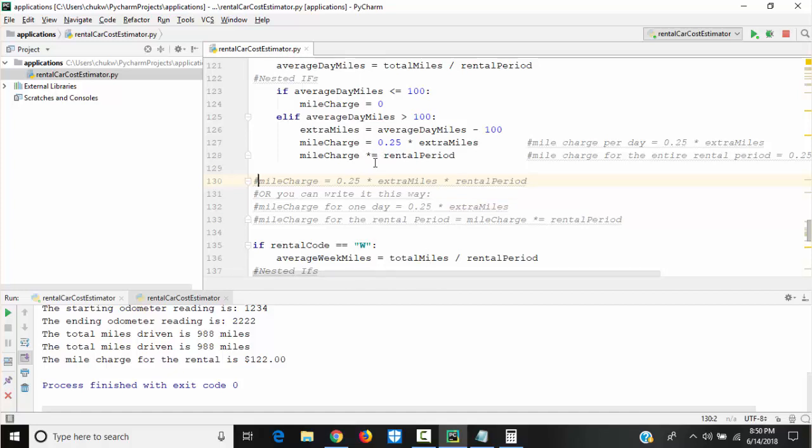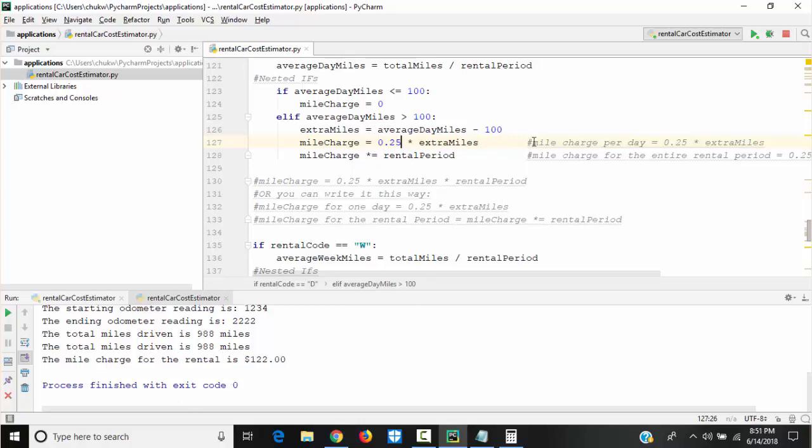What this means is times equal, and we also have plus equal, minus equal, divide equal. So what it does is it will multiply this mileCharge by rental period, and then it will add it to mileCharge. And we're going to get the same answer, you see.